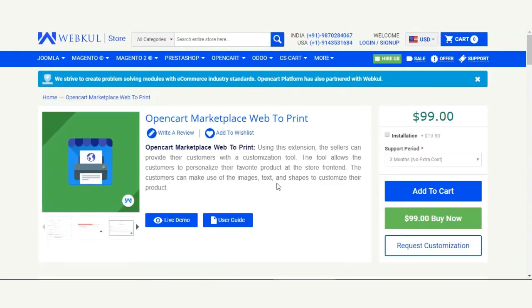So that was much about the OpenCart Marketplace Web2Print extension, and we showed you how the admin would be able to create the template from the admin backend panel, and how the admin can apply a template to a particular product, and how a customer can view that particular product at the front end, and how the customer can also customize that particular product, and after customizing the product, how the customer can add it to the cart and go for the checkout. So that was much about this video today,